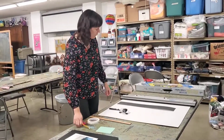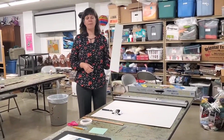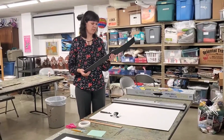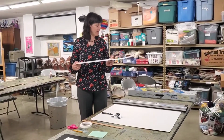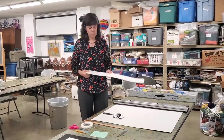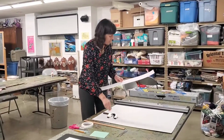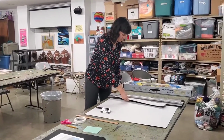The last thing we're going to talk about is this piece of mat board right here. This is just a scrap piece of mat board and you're like, why? What is that for? What would I use this for? This is actually what we call a slip sheet. And we actually only use this when we use the bevel cutter, this one right here. We actually put it underneath, and I'll show you this when we actually do it, but you put it underneath